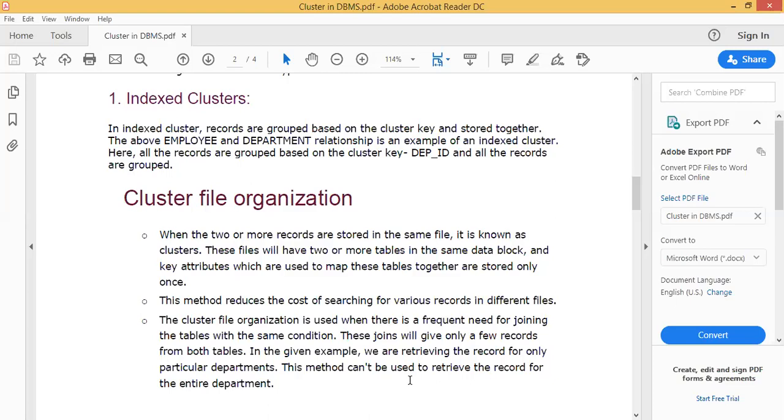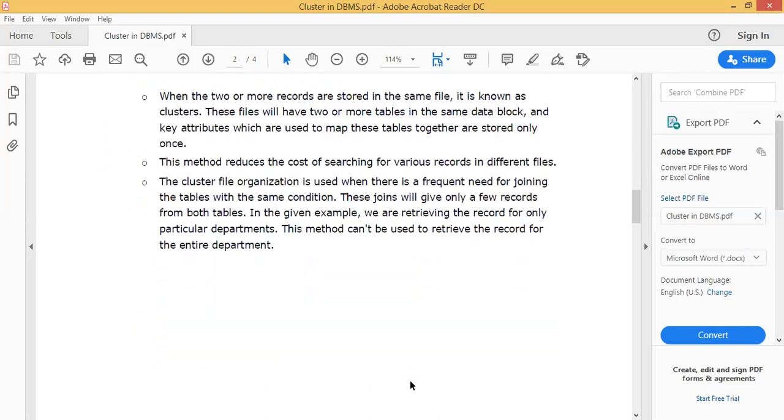The cluster file organization is mainly used when there is a frequent need of joining the tables with the same condition, and these joins will give only a few records from both tables. And in this example, we are retrieving the records for only a particular department, and this method can't be used to retrieve the records for the entire department.